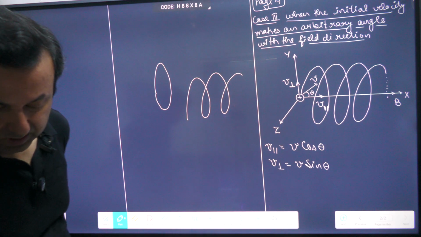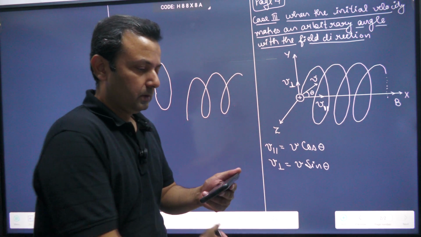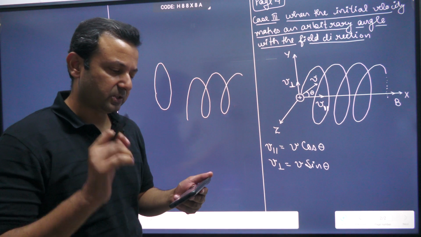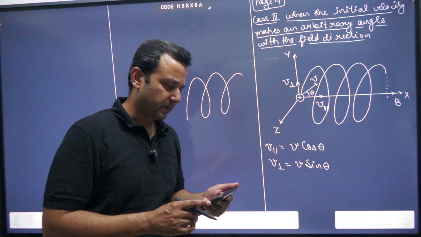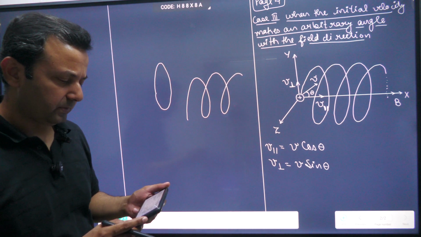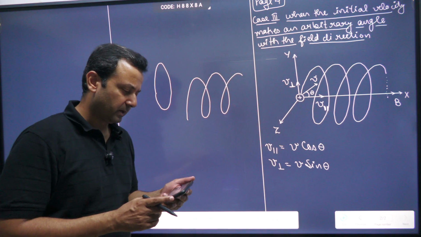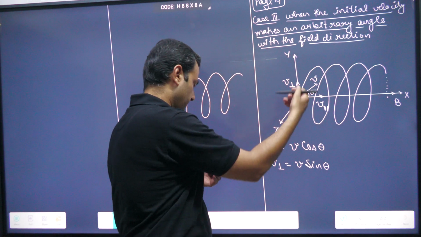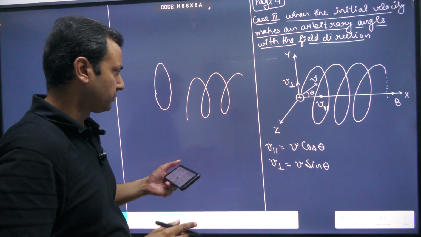Yes, sir. Okay, now due to this component of velocity, the charged particle experiences a force F is equal to Q V perpendicular B, which acts perpendicular to both V perpendicular and B vector. This force makes the particle move along a circular path in the YZ plane. In the YZ plane, the radius of the circular path